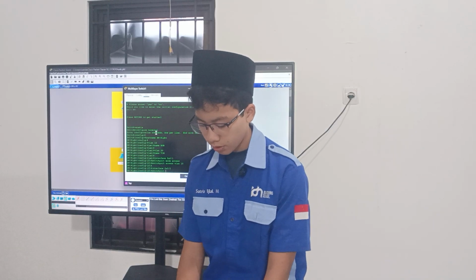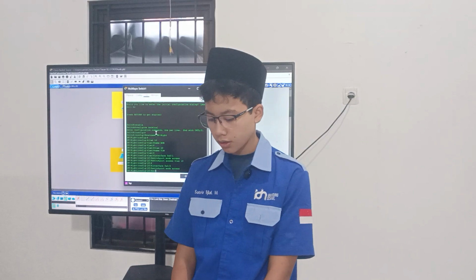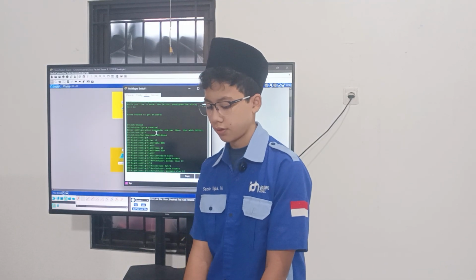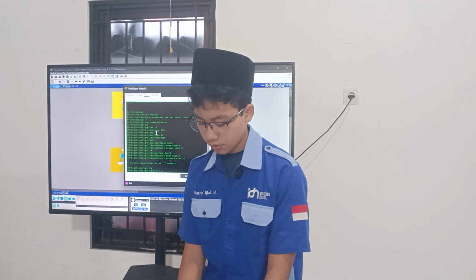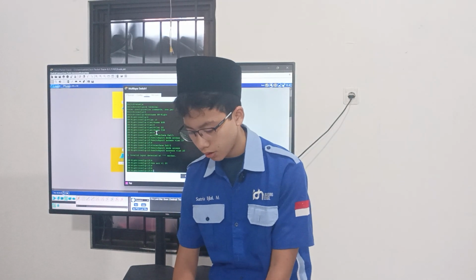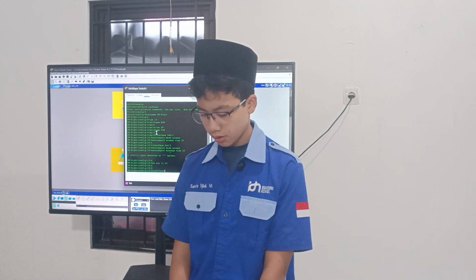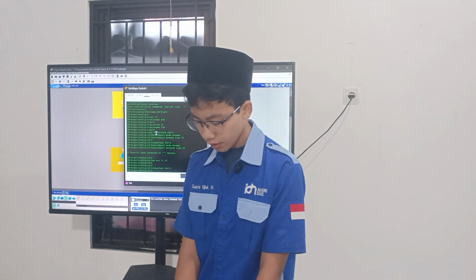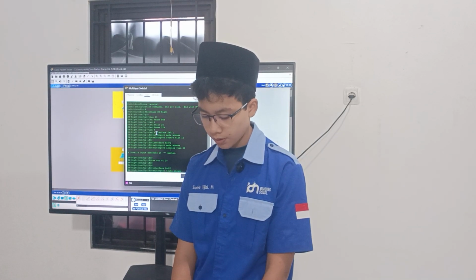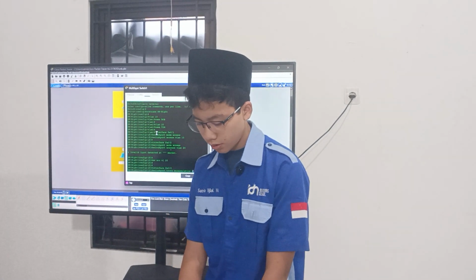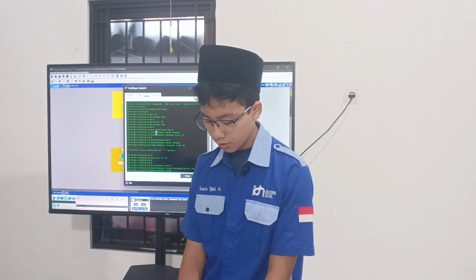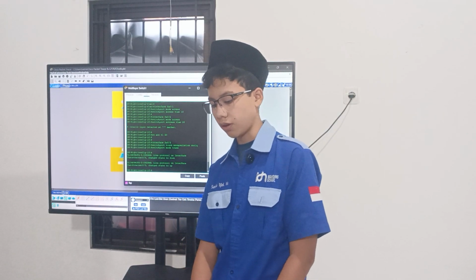After that, you do it again with VLAN 20 at interface fa0/2. You add switchport mode access, and then the same thing, switchport access vlan 20. And then if you are done, you can configure the interface fa0/3, like interface fa0/3, switchport trunk encapsulation dot1q, and then you activate switchport mode trunk. Now it's already active, all of it is already active.